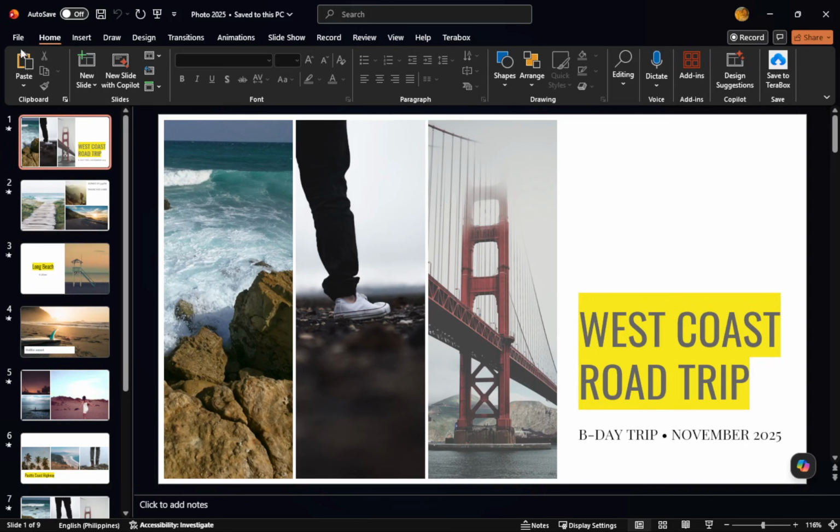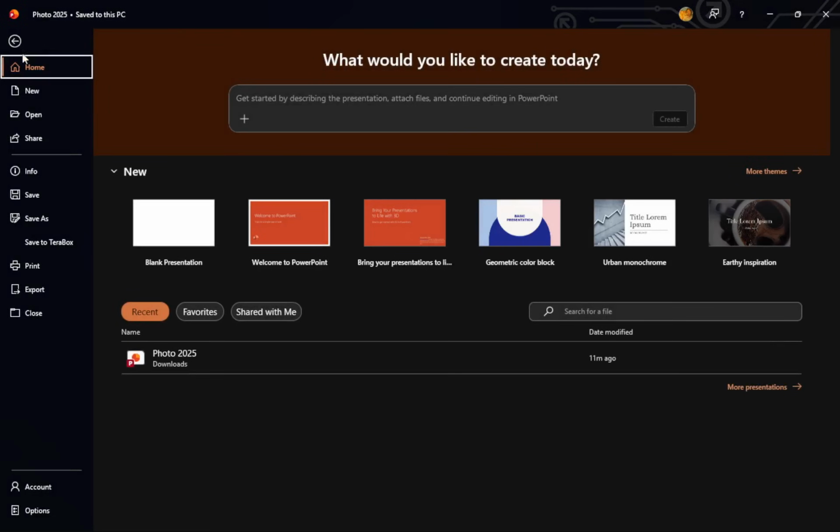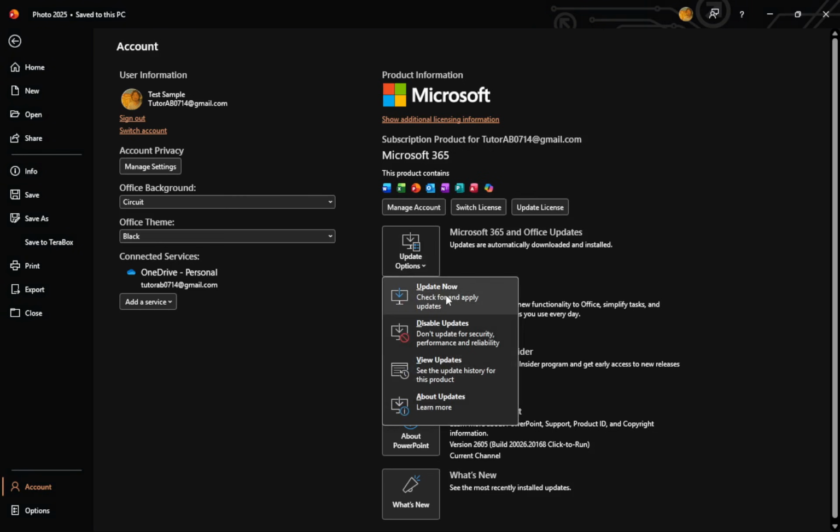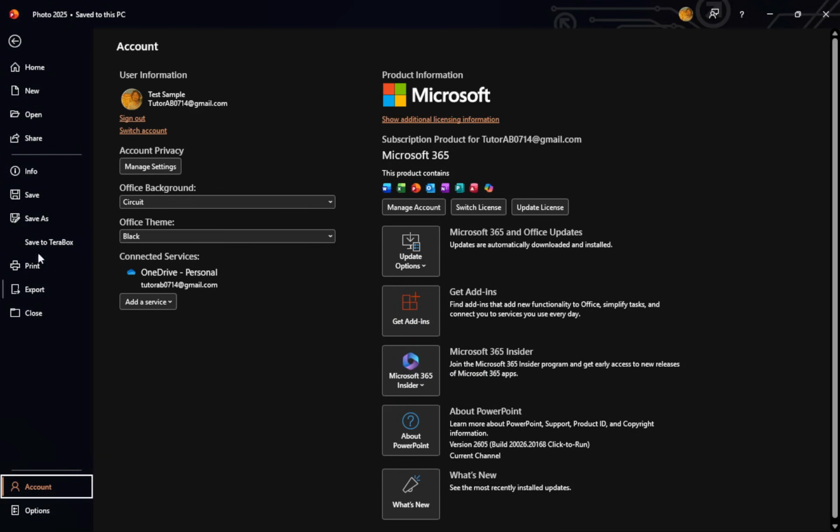If you don't see the Copilot setting in your options, your version of PowerPoint might be outdated. Microsoft has made the Enable Copilot option available only in newer versions. To resolve this, you should update your Microsoft 365 suite. After updating, check again to see if the Copilot option appears. If you can't find the Copilot checkbox, there's an alternative method to disable AI features.